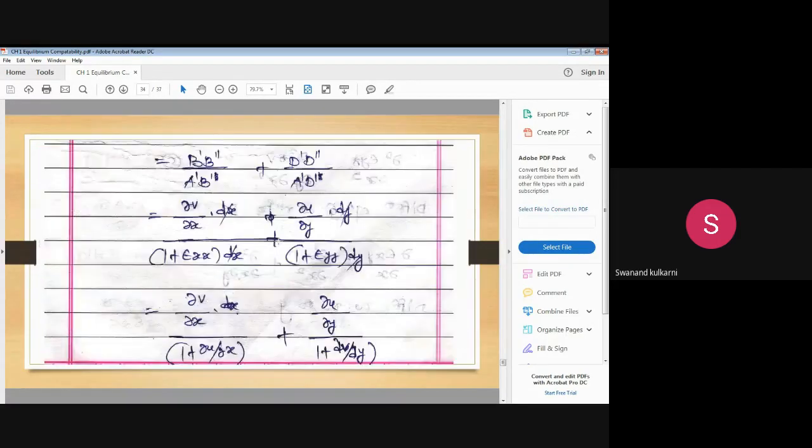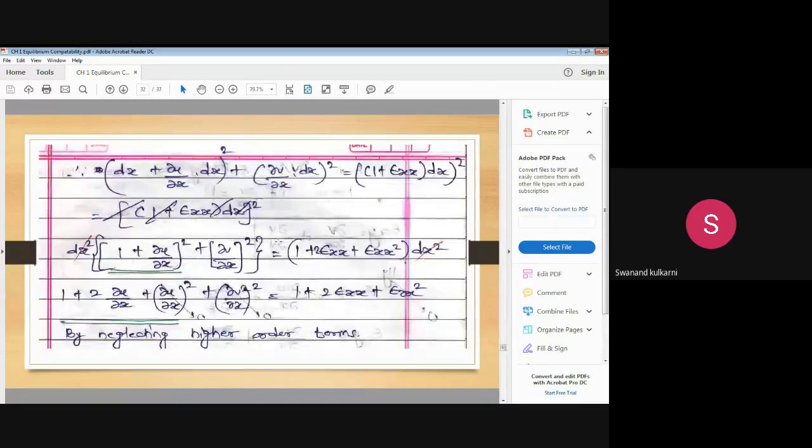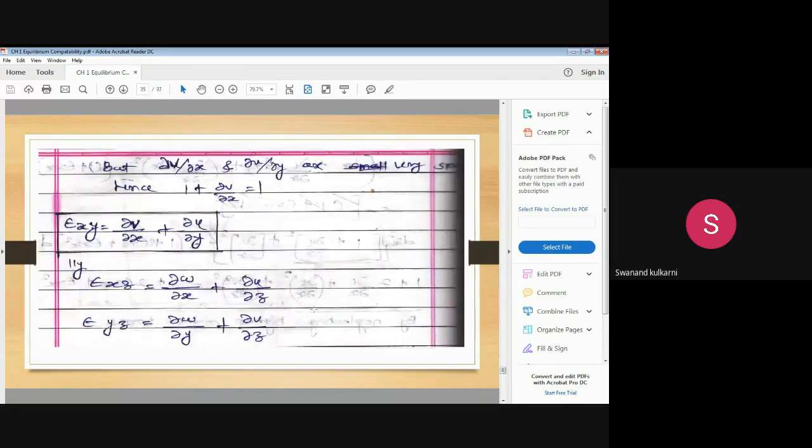Already for epsilon xx we have derived the equation: epsilon xx is equal to dou u by dou x, epsilon yy is equal to dou v by dou y, epsilon zz is equal to dou w by dou z. Now here epsilon xy is equal to dou v by dou x plus dou u by dou y. Then epsilon xz is equal to,